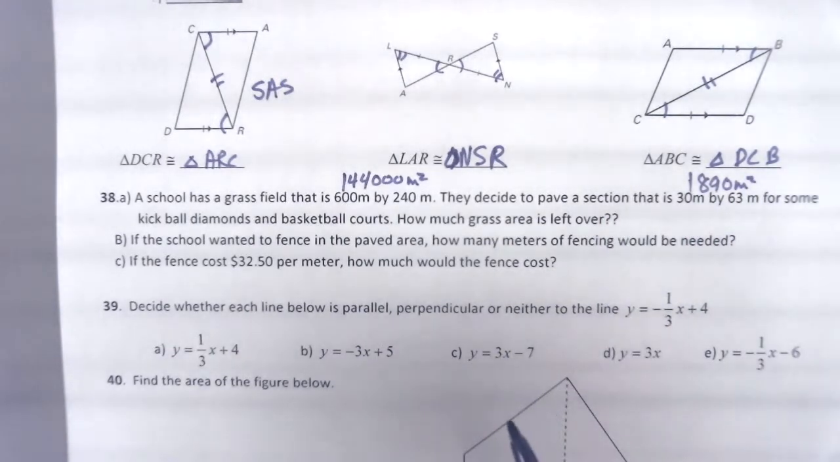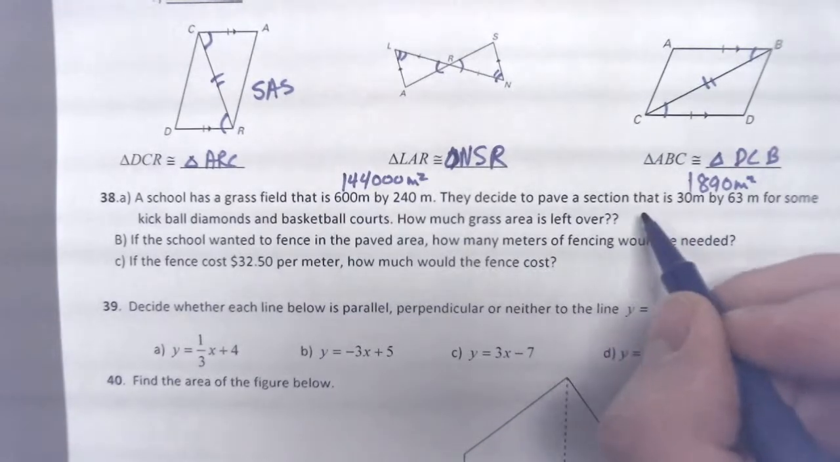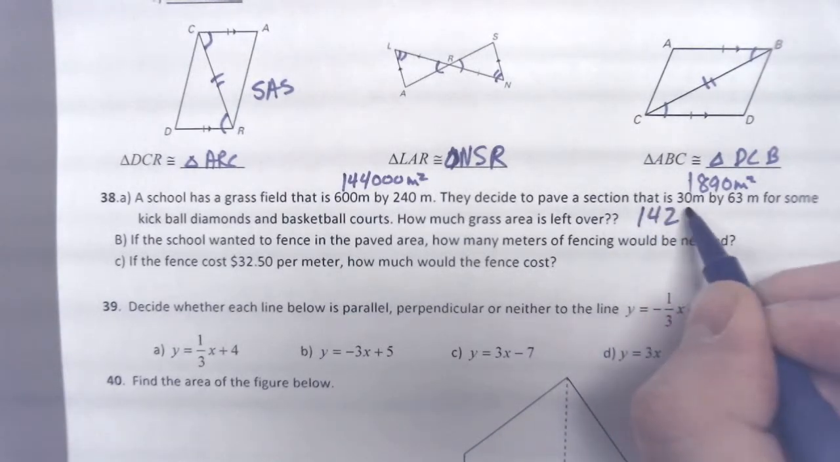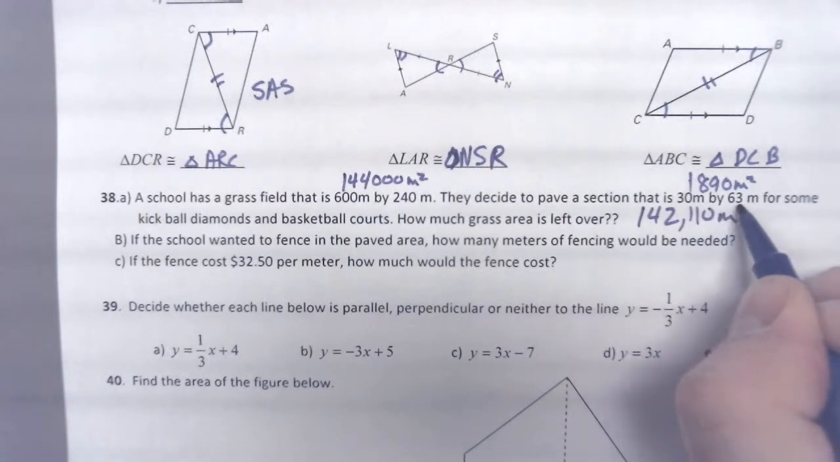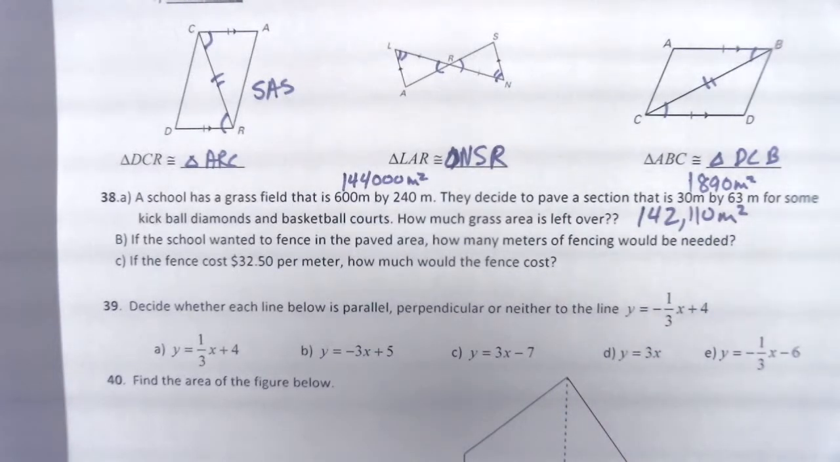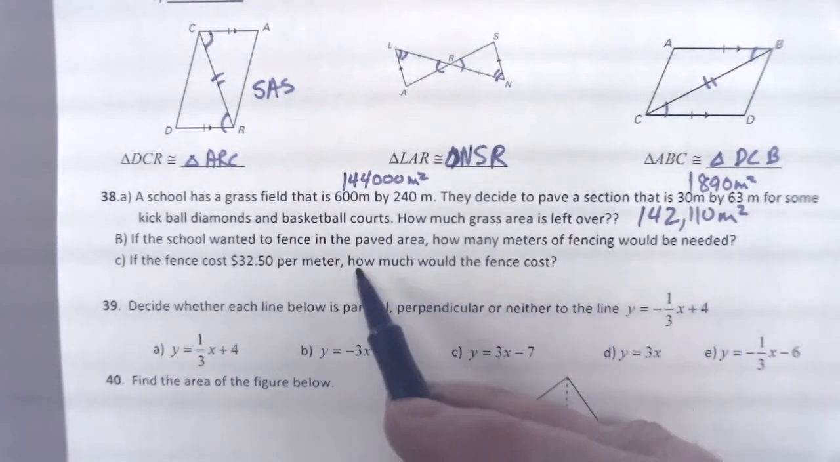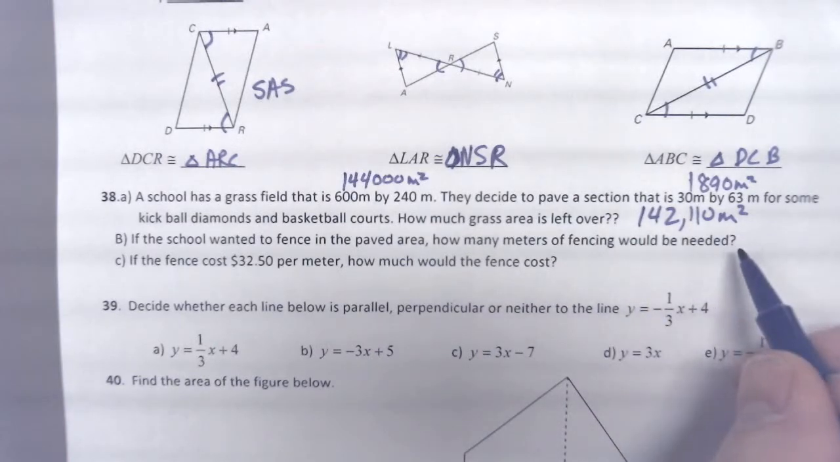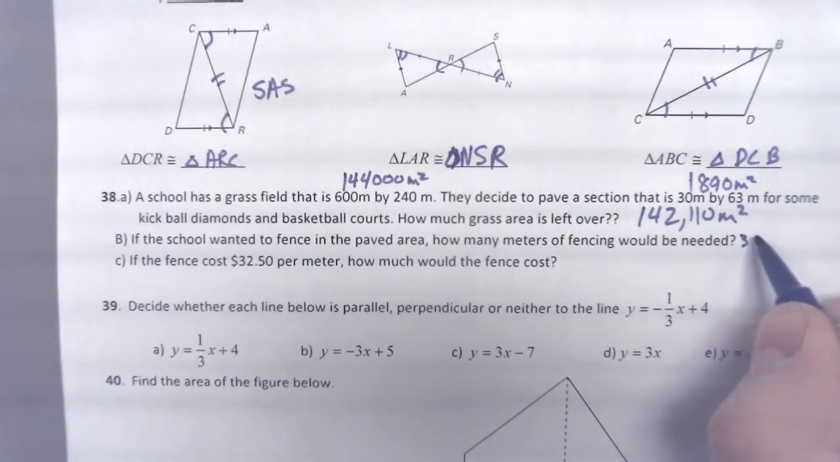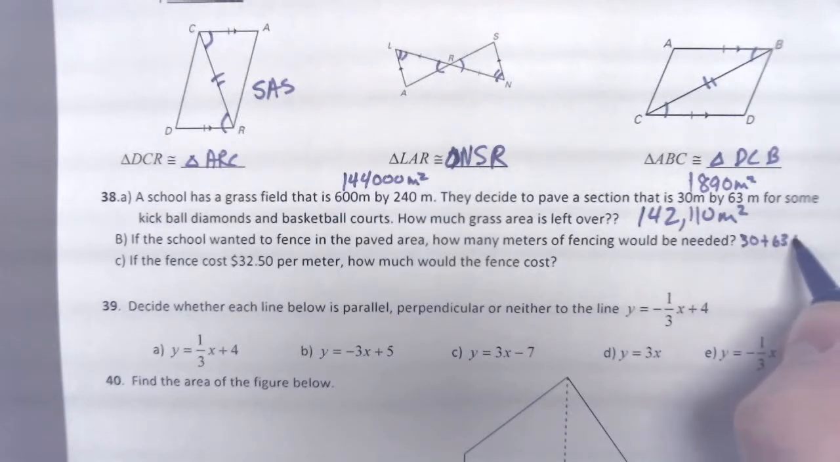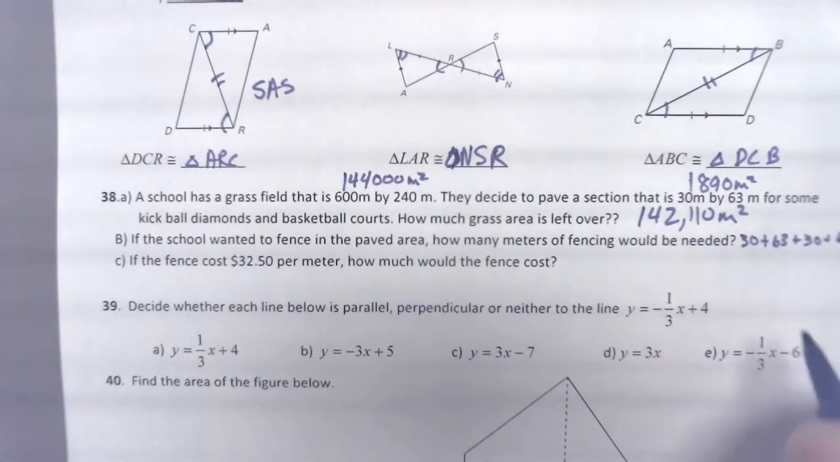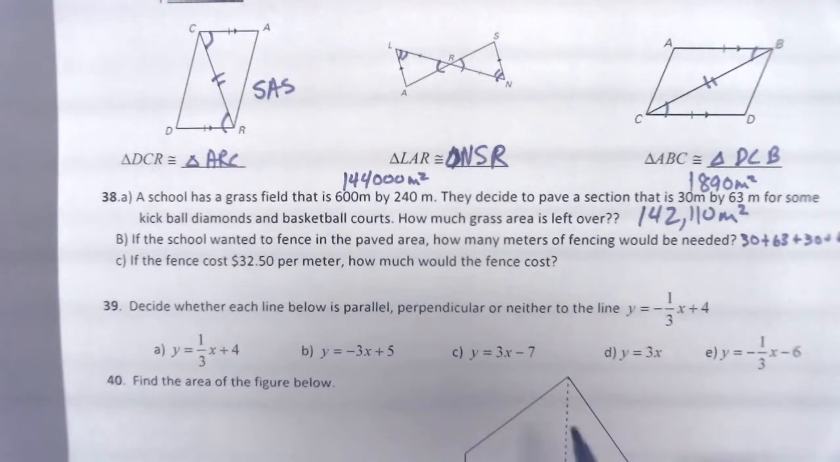So how much grass is left over? Well, I'm going to subtract those to get how much grass is left over, and I get 142,110 square meters. If the school wanted to fence the paved area, how many meters of fencing would they need? We know that if you're going to fence around it, that would be its perimeter, so I would take 30 plus 63 plus 30 plus 63, which gives me